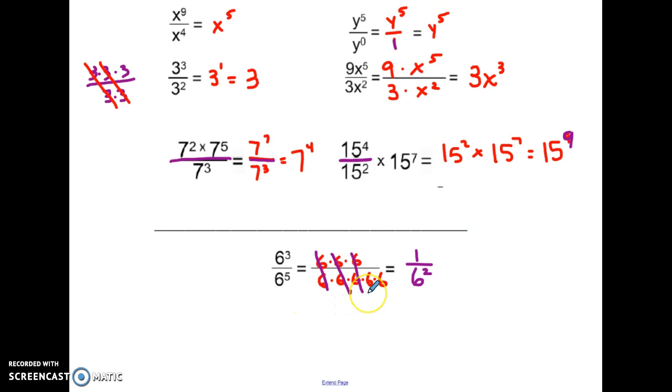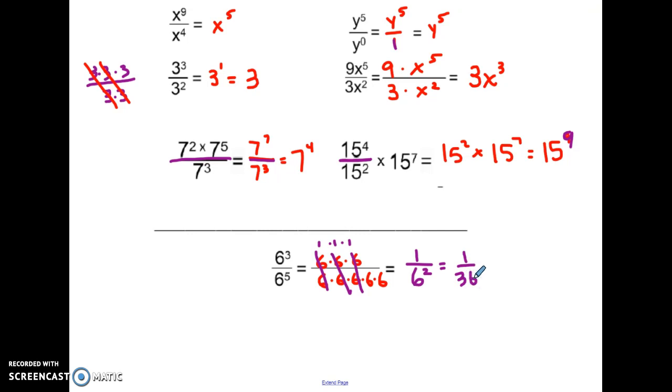And then on the bottom, this is a little preview of what we're going to be talking about soon, is sometimes you have more of the factors on the bottom. In this case, we had 6 to the 5th power. And on the top, we had 6 to the 3rd. So something to remember is that when these cancel, you're really leaving behind all these little 1s. 1 times 1 times 1 is 1 for our numerator. And this time, the 6 squared got left behind on the bottom of the fraction. So if we simplified a little bit further, we would say that this is equal to 1 over 36,